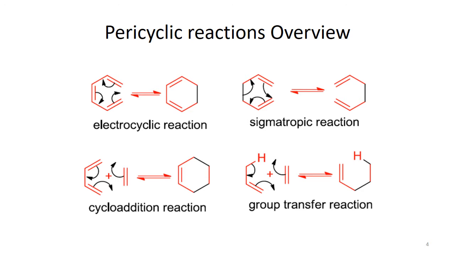Let's have an overview of some representative pericyclic reactions. We have already discussed the basics of these reactions. However, here I want you to have another look at which atoms or orbitals may be involved in the reaction and how they help each other to decide whether a particular reaction is allowed or not. For example, we talk about electrocyclic reaction. As you can see, for the reaction to proceed, all the p orbitals constituting this conjugated system are involved. But what is crucial are the terminal carbon atoms.